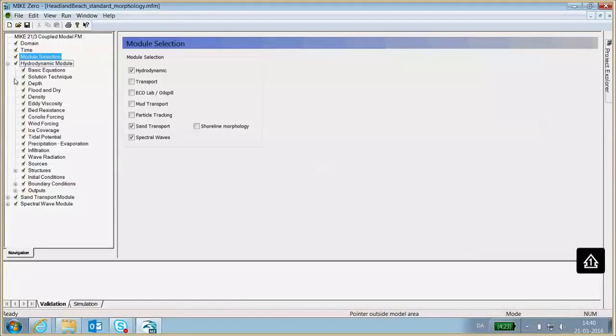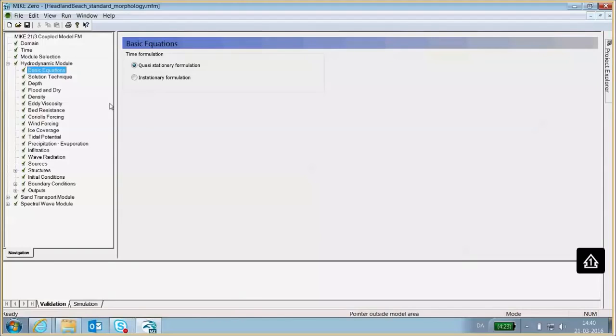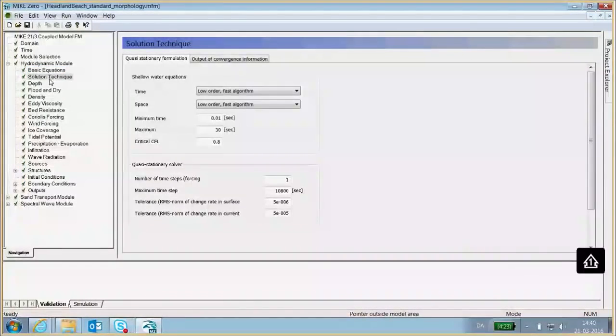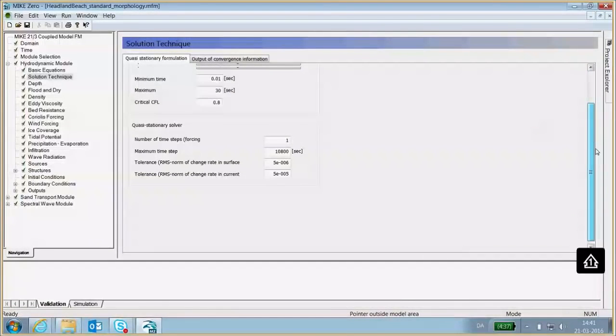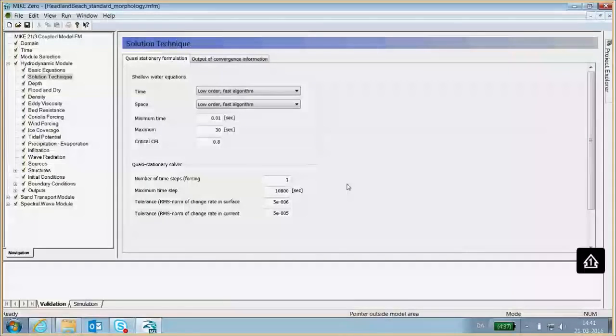In the hydrodynamic module, we will use the quasi-stationary formulation, and we will use the solution technique parameters or values that are set up on this page here. You can see here the maximum time step in this quasi-steady solver is set to 3 hours, matching the overall time step of the simulation.